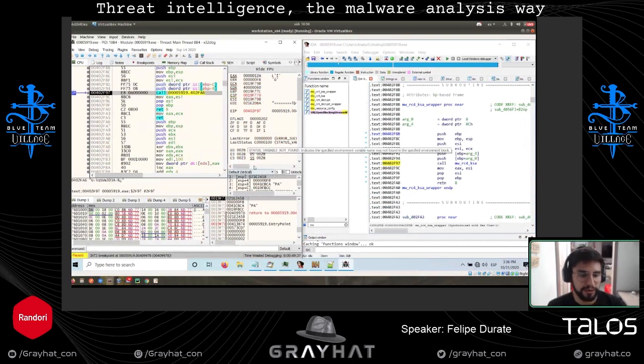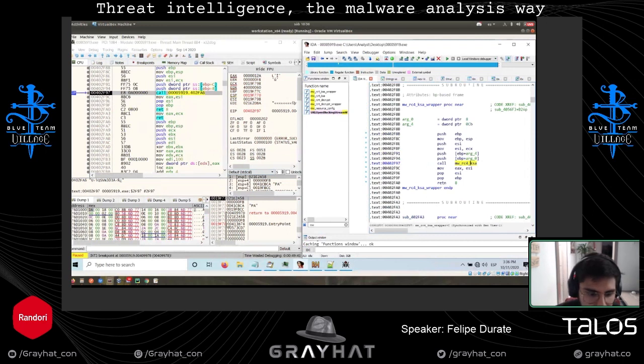Okay. We're going to see that we haven't entered this function, but we already have two values in the stack. The first parameter is FB, the second is this thing. This thing seems to be more like an address.